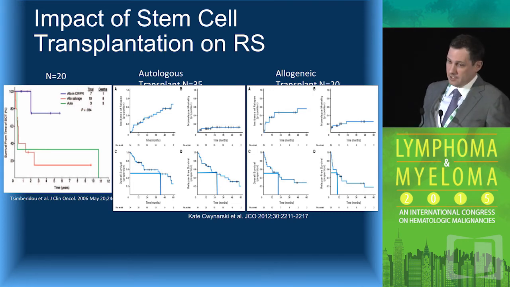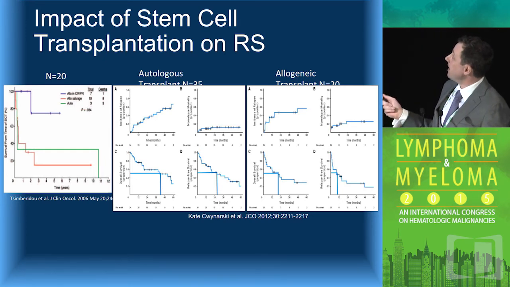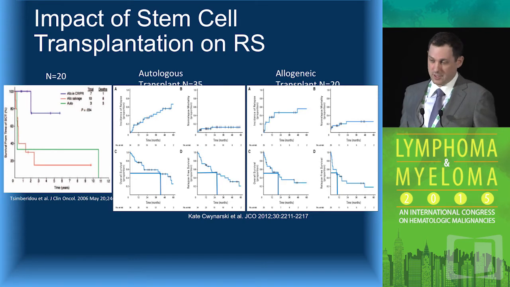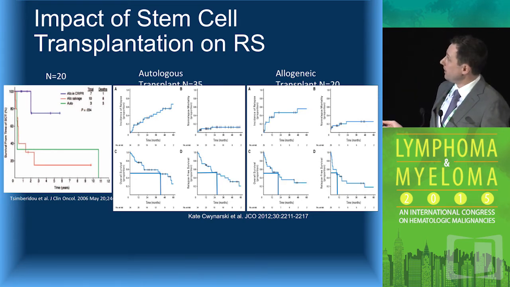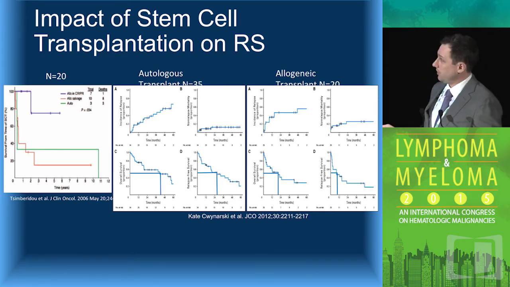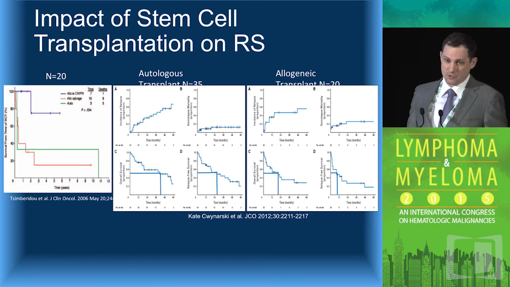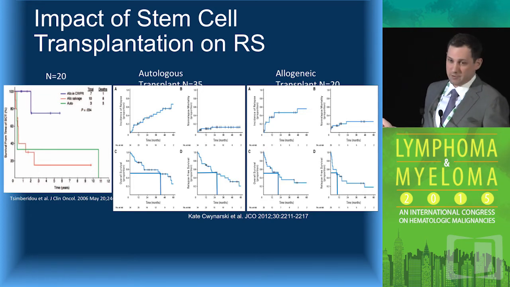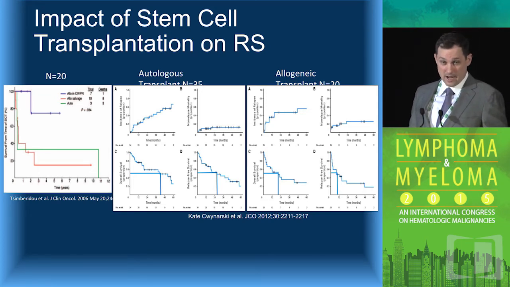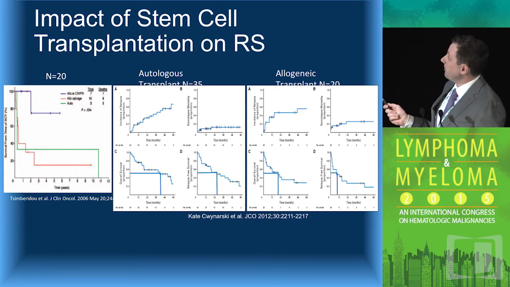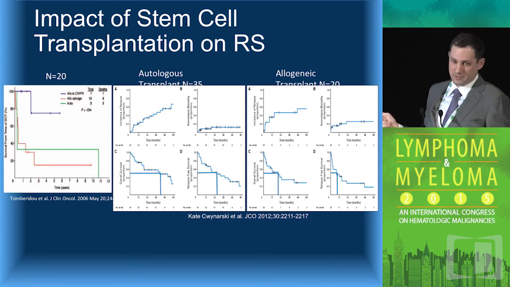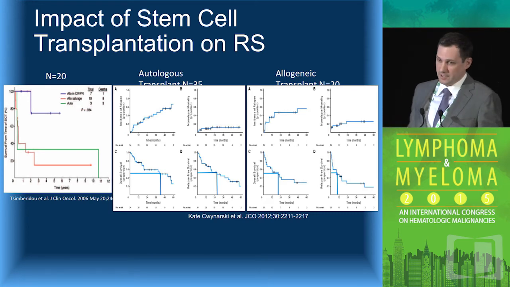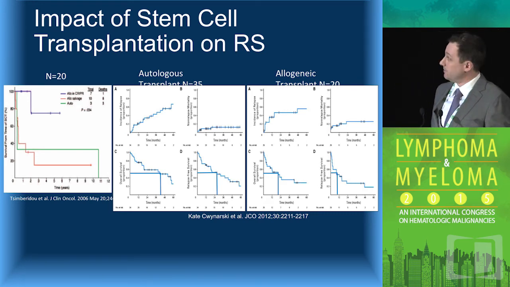The European group for bone marrow transplant recently updated some of their data on 55 patients that were transplanted with Richter's syndrome, and they found relatively decent outcomes. Actually, they found better outcomes in patients that got auto-transplanted than those in allo, but you have to take that with a grain of salt because 80% of patients that got an auto had an actual response. 35% of them went in with a CR, rather than only one patient going in with a CR, and the majority went in with either partial response or refractory disease.